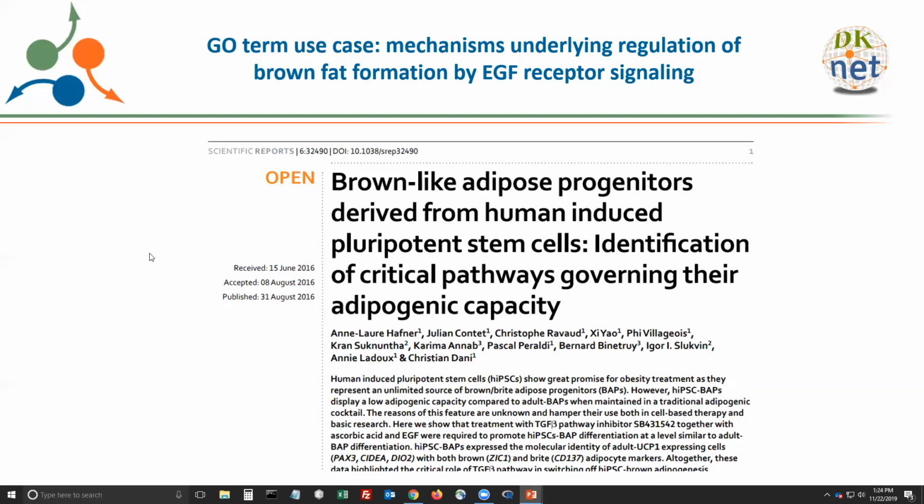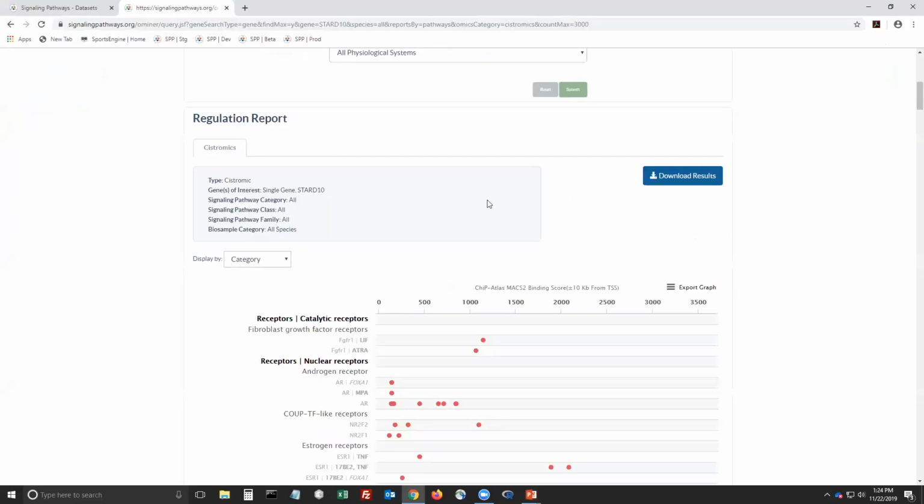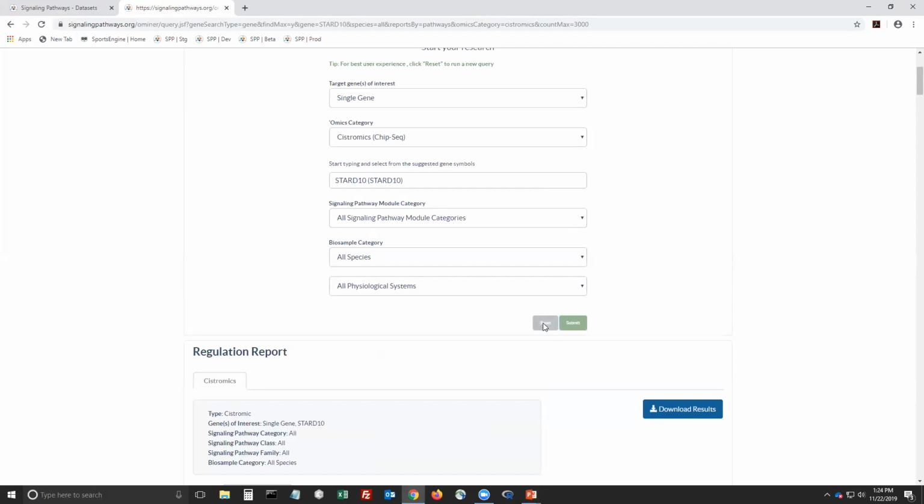again, of relevance to NIDDK, I'm going to pose here as an investigator seeking novel mechanistic evidence underlying the known link between EGF and brown adipose tissue formation. All right, so I'm going to go back to our live demonstration here, reset our filter,